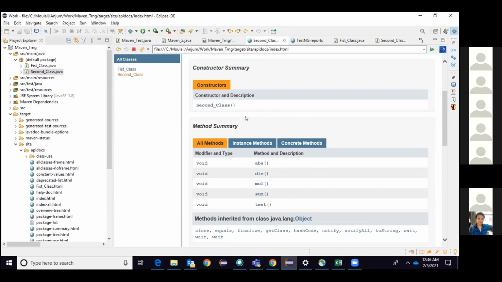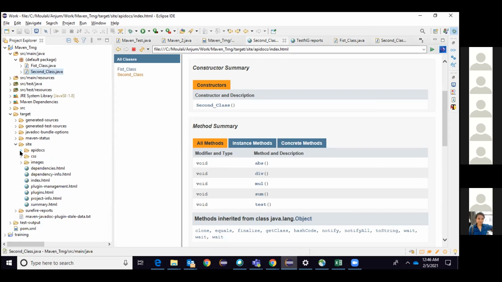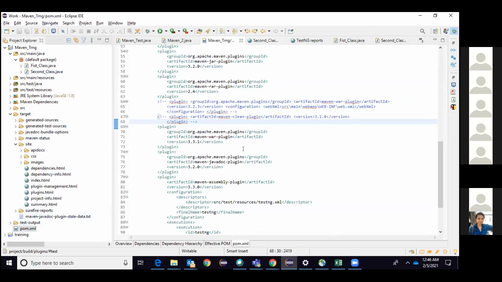Even one hour before, I did not know about this Javadoc. I did not use it personally; as asked by Anjum, I searched for it, understood how it works, and added it in the pom.xml. So this is the way plugins are implemented.